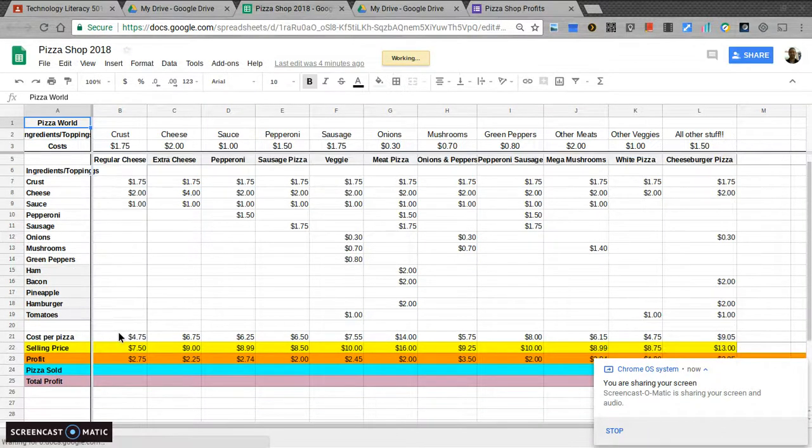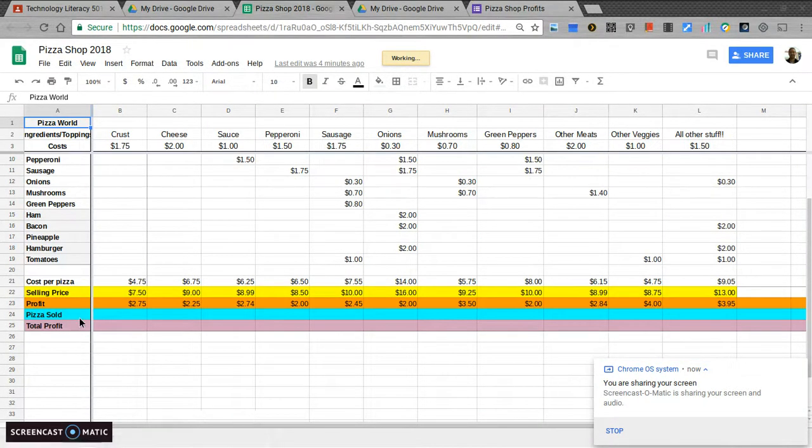Today we want to work on the pizzas sold first. Now I'm going to click on this very first pizza that I've made, the cheese pizza. In this cell, I'm going to put in a formula for a random number, okay? Formulas always start with an equal sign. So I'm going to start with an equal sign. Then I'm going to type in the word